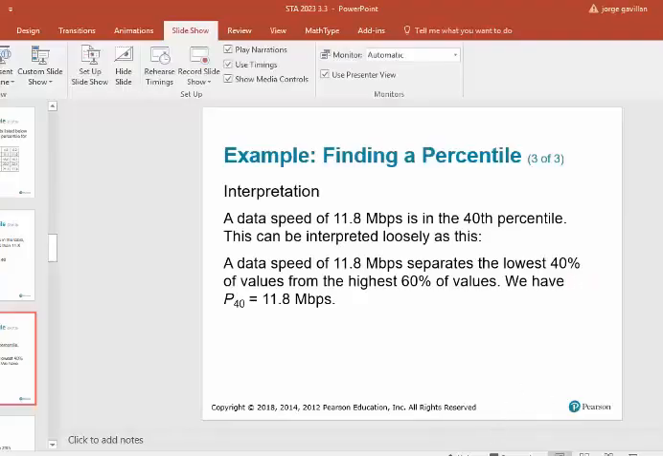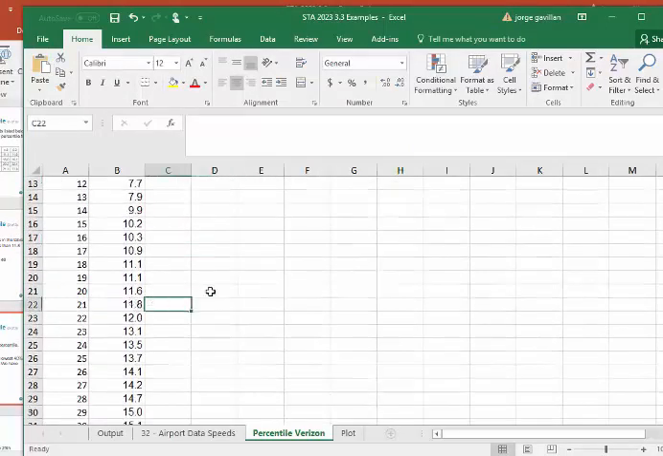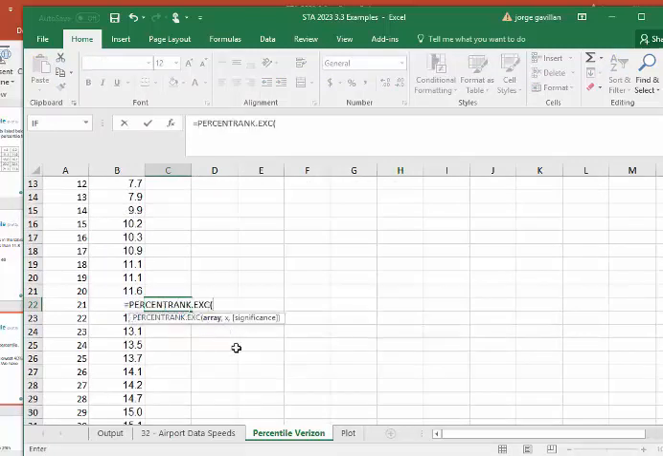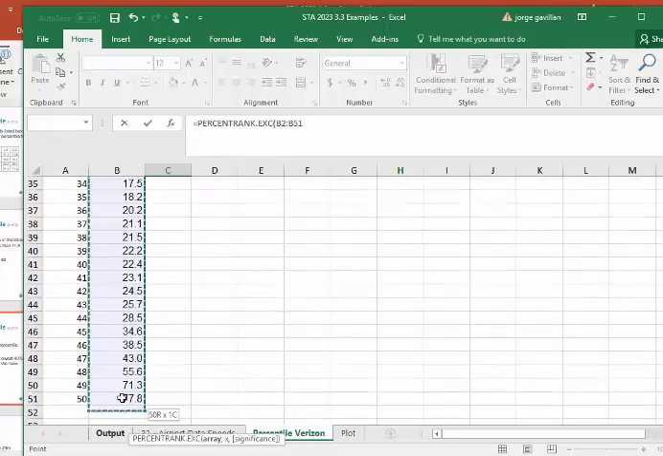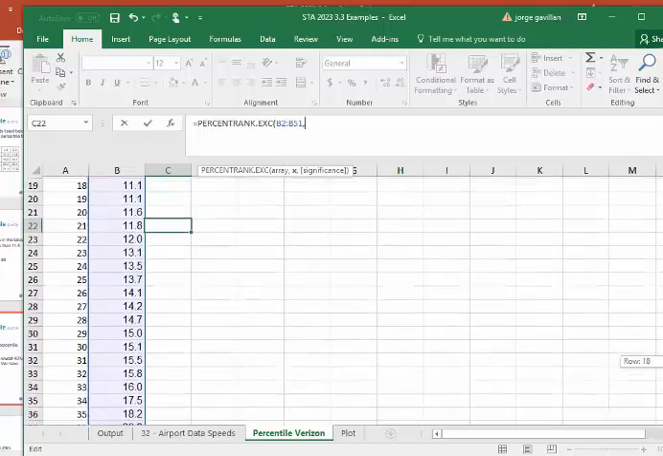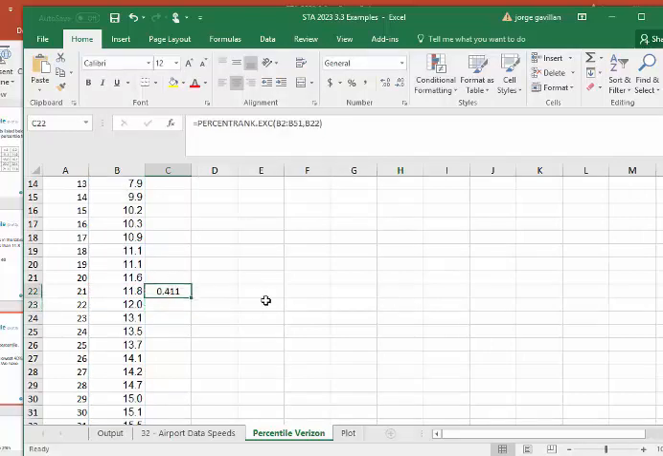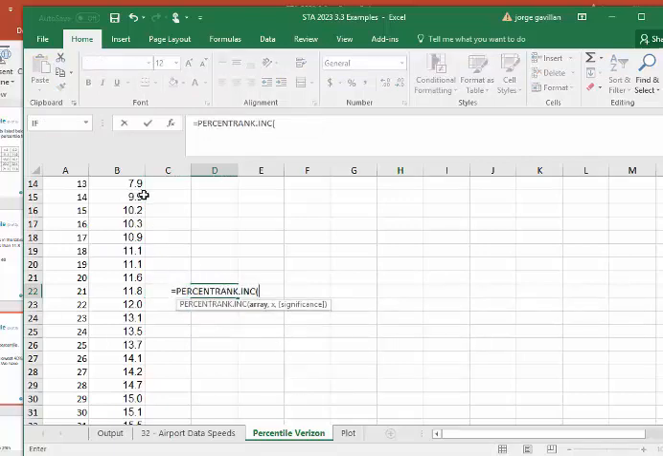So let me show you how to find that in Excel. If we go to 11.8, we can actually find that by using what they call percent rank, and we want to use the EXC. So we just simply highlight the raw data first, and then the next thing that we want is the actual data point, and in this case I want this one right here, and then I press enter. And if you notice, if I use the .EXC, I get 0.411, and then if I use the INC,